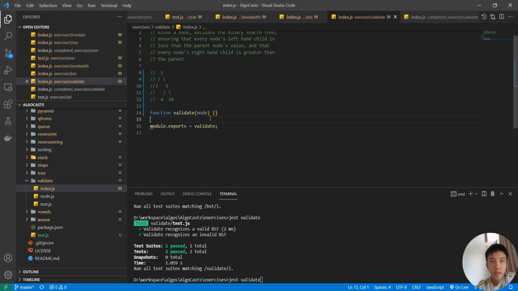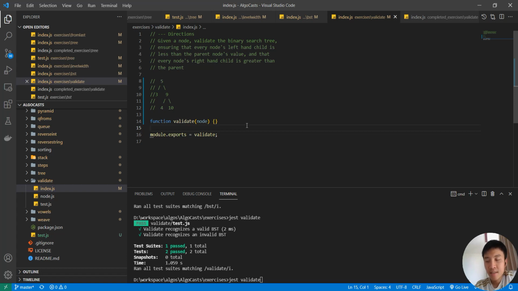Hello guys, in this video I'm going to show you how to validate a tree if it is a binary search tree. A binary search tree is a tree where every node has at most two children, a left node and a right node. The left child's value should be less than the parent's value, and the right child's value should be greater than the parent's value. For example,